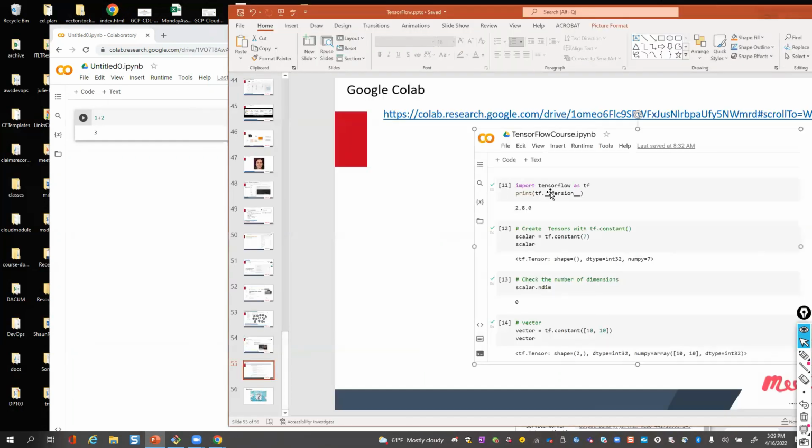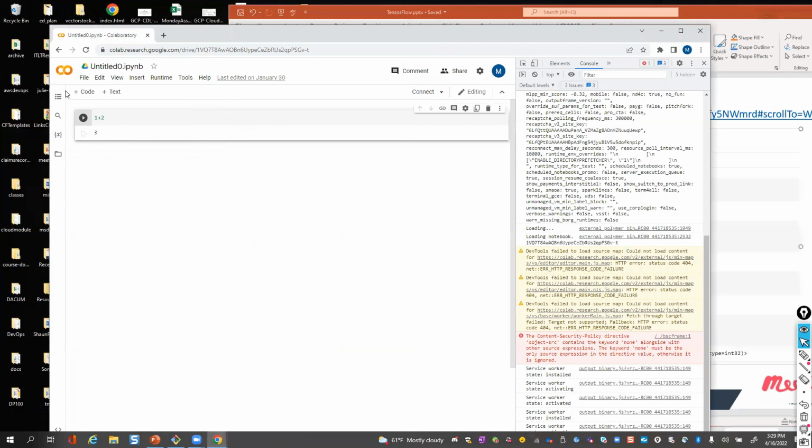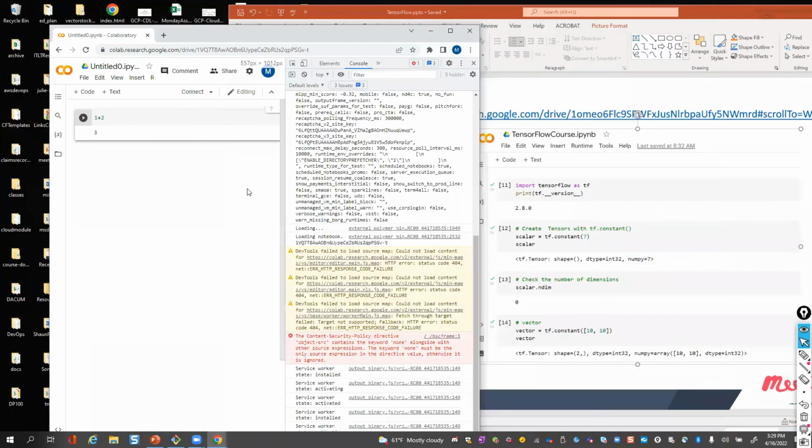Here's an example. Let's do just a real simple TensorFlow example here. We'll go ahead and ask, what is the TensorFlow version, for example? We'll add some code here. So I just added that, and then I'm going to go, okay, let's import TensorFlow as tf.